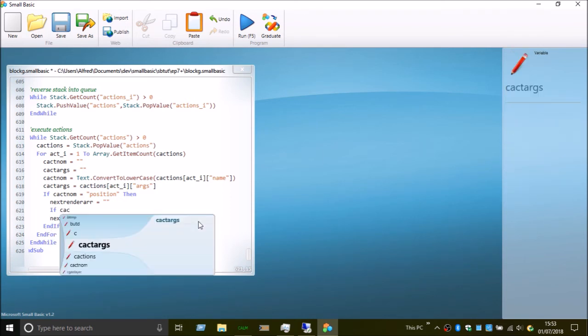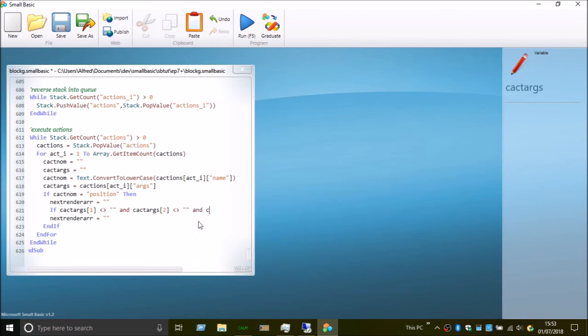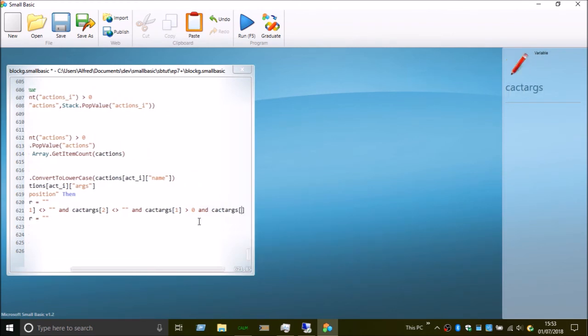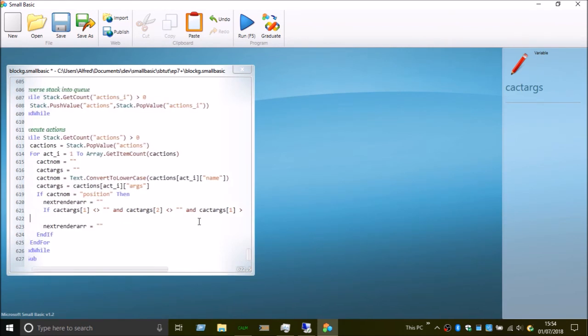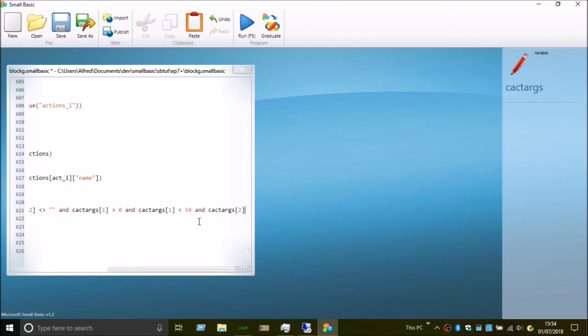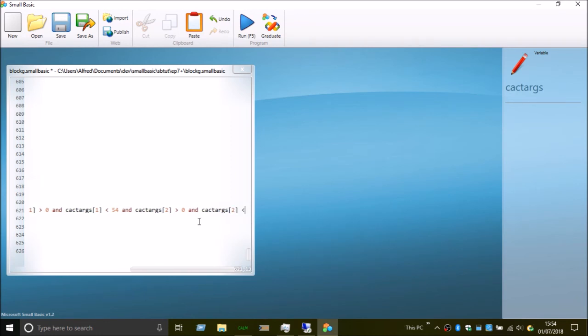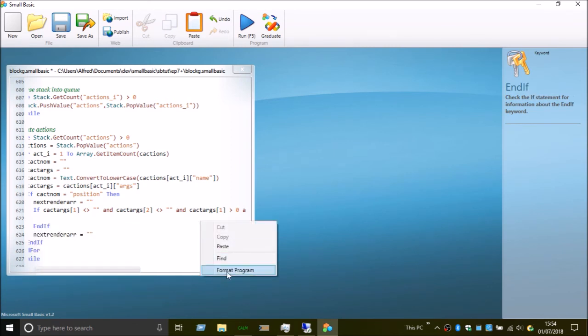if characters 1 is not blank and characters 2 is not blank and characters 1 is bigger than 0 and characters 1 is less than 54 and characters 2, I'll get these wrong, characters 2 bigger than 0 and characters 2 is less than 31. And if large cells,